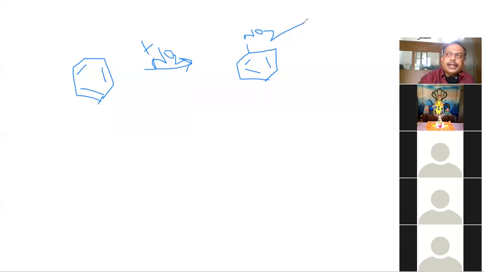Now reactivity. Next concept is the reactivity. What is meant by reactivity? Two different compounds have the same functional group and undergo